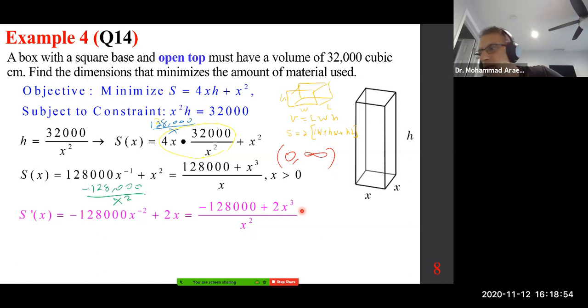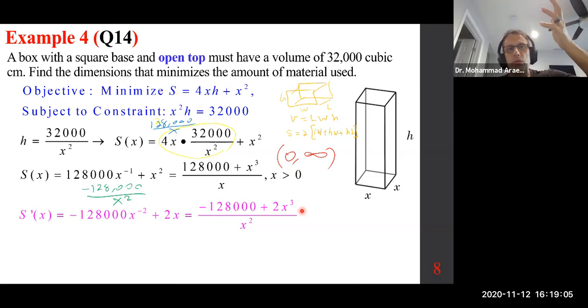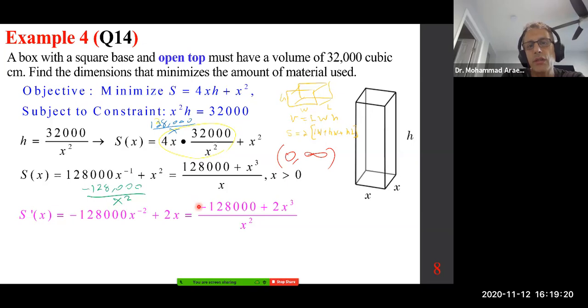Why are we writing it in this format? We are looking for what? Critical points. How do we find them? If you have a fractional expression, the top is 0, okay? F prime, or in this case, S prime is 0. The bottom is 0, it doesn't exist. So when you set the bottom equal to 0, it's not in the domain, so don't worry about it. When you set the top equal to 0, then you can see the answer